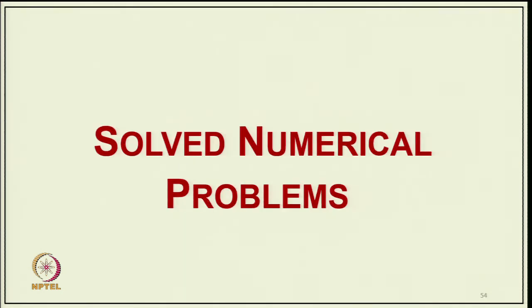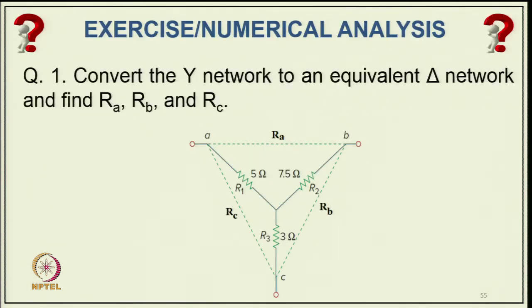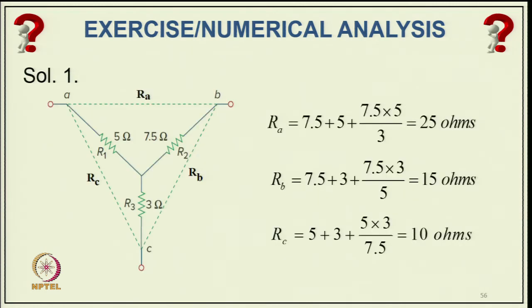Well, coming to some of the solved problems based on what we discussed today on star-delta. Convert this star network to an equivalent delta network and find the values of R A, R B, R C of the equivalent delta network. From this circuit you can find R A is equal to the sum of the 2 star-connected resistances, R 1 plus R 2, that is 7.5 plus 5 plus 7.5 into 5 divided by 3,